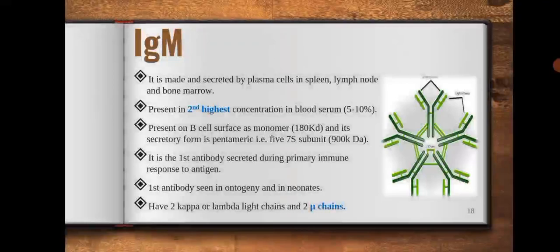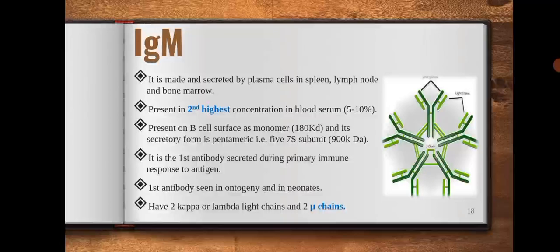IgM antibody is made and secreted by plasma cells in spleen, lymph node and bone marrow. It is present in second highest concentration in blood serum. It is present on the B cell surface as a monomer and its secretory form is pentameric in nature. It is the first antibody secreted during primary immune response to antigen and the first antibody seen in ontogeny and in